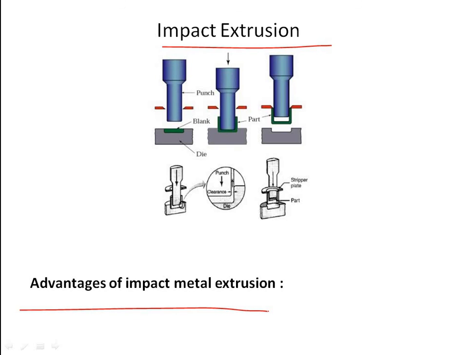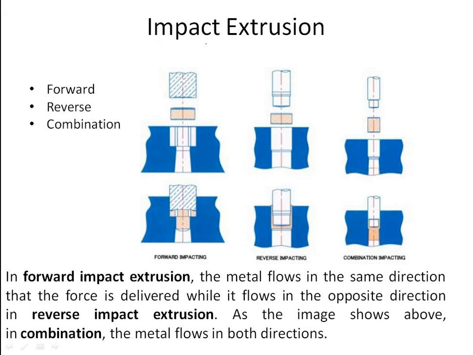These are the things. And disadvantages: produced only as long as the part is symmetrical over the axis by which it is formed. Many of the parts formed by impacting in industry will require further manufacturing processes such as metal forging, ironing or machining before completion. Okay, next one will be impact. This is the last slide.